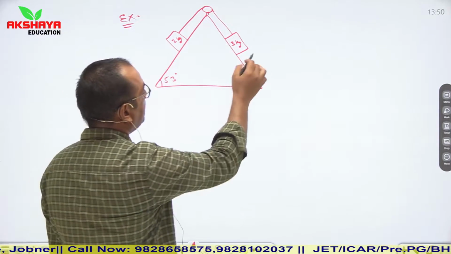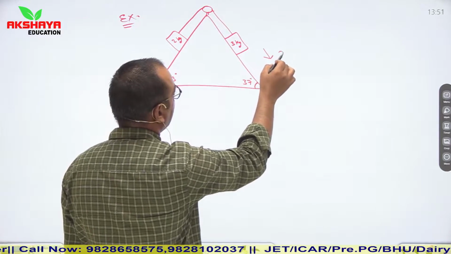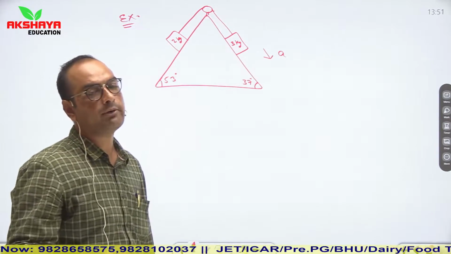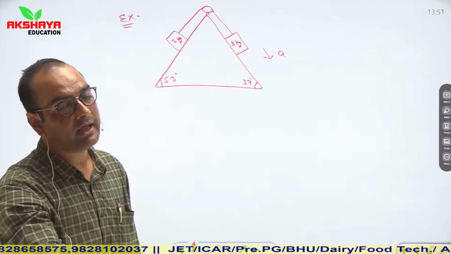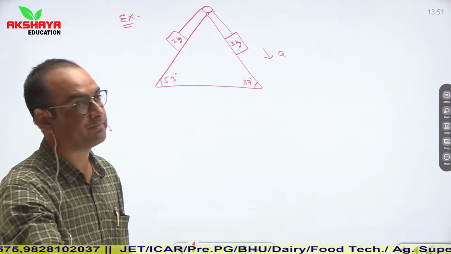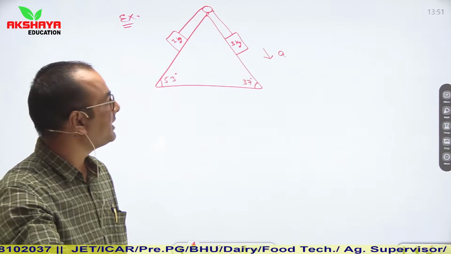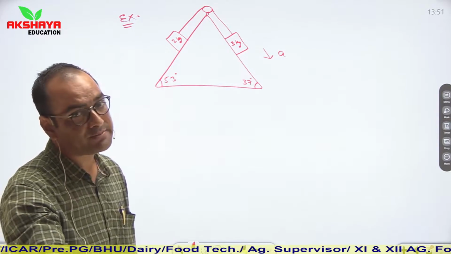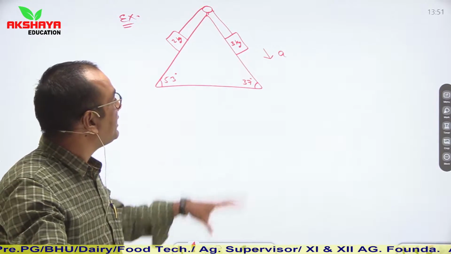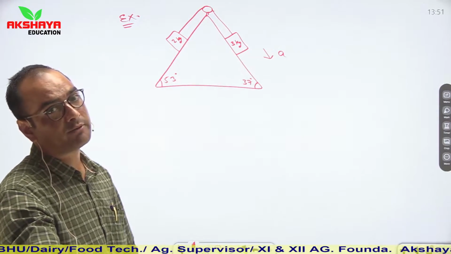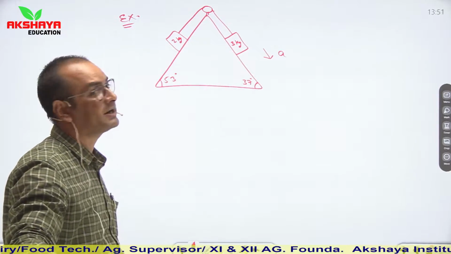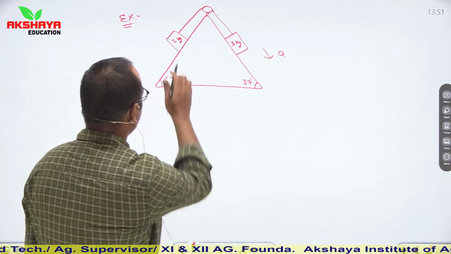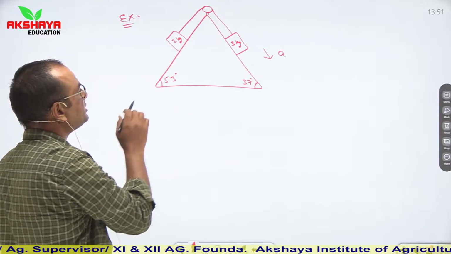Let us say it accelerates in the downward direction. So we have to calculate the tension in the string and the acceleration of the system. In your exam, you may be asked either tension or acceleration. I'm going to explain in detail how to solve such pattern of questions. So see, FBD of the 2 kg block.